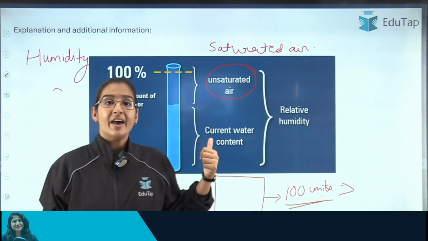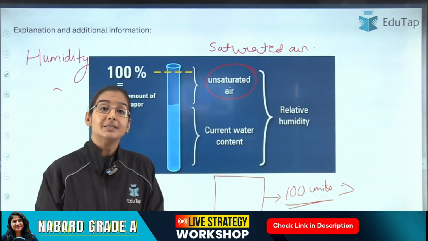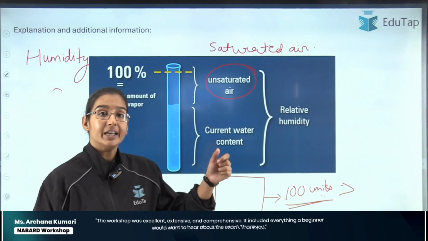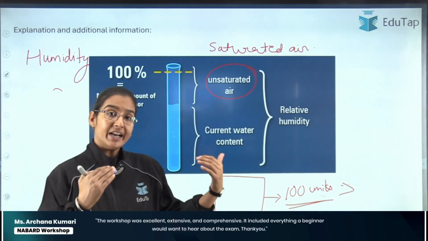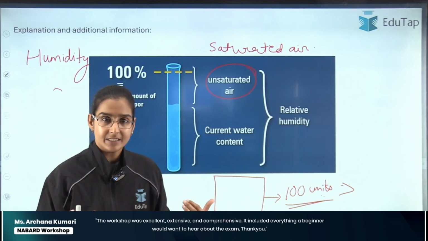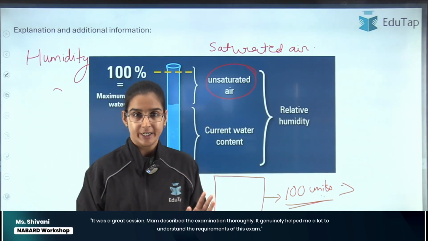So similarly we have a saturation point of air as well, right? Where the air is having the maximum it can have, the maximum of water vapor that it can have, then that air will be known as saturated air. And if it is holding anything below its maximum capacity, then that is unsaturated air. All right, so with this, the concept of saturated and unsaturated air is covered.